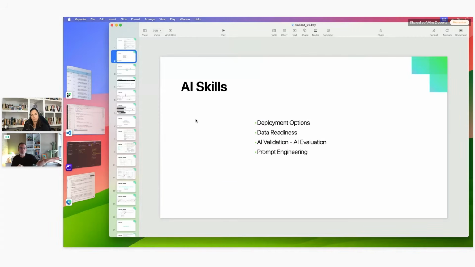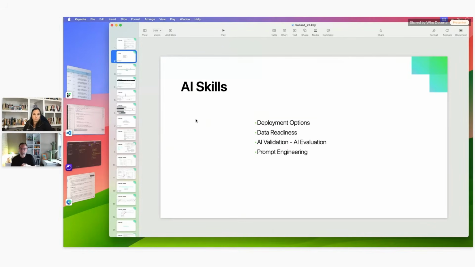But in order to ask those questions in an AI fashion, our data needs to be ready for that, right? Our data needs to be clean enough. Fortunately, AI doesn't care too much about structured versus unstructured data, but still, it's something you need to look at. If I ask questions of the data in its current state, am I going to get relevant answers? Are my answers going to be correct based on the state of my data? So there's a data readiness aspect, some prep work that we need to do on our solutions to make sure that they can answer those questions correctly.